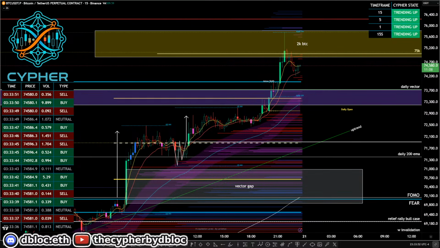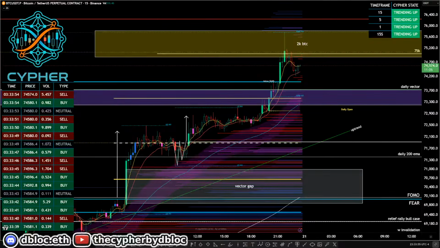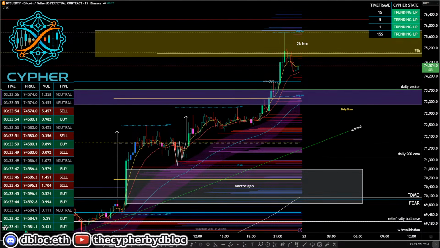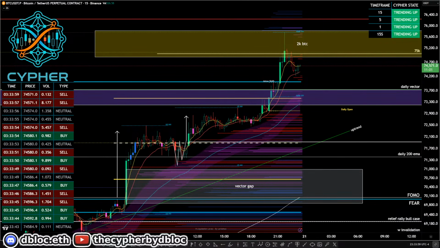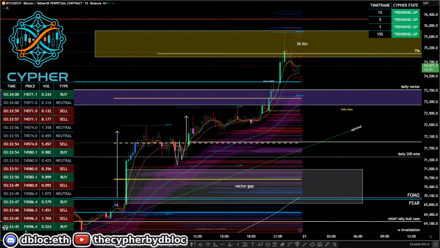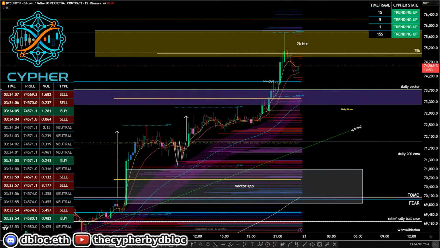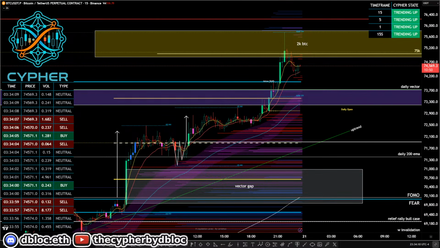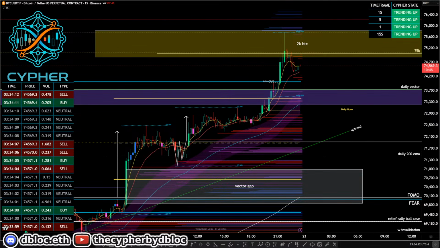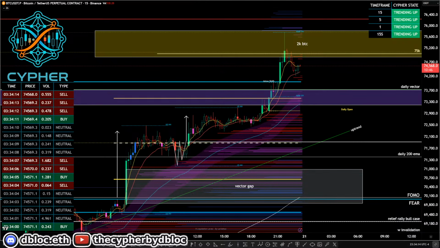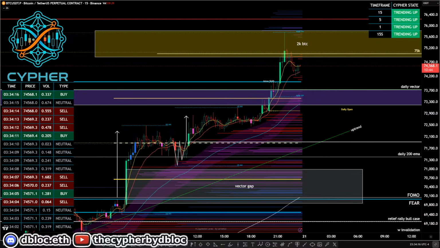So on the ascension, I don't know why my chart won't move right. There we go. And then where does that come out? Comes out up here where it meets this dome, right? So you see this gap between here and here. So let's see where that is forward in time, where this angle meets that overhead